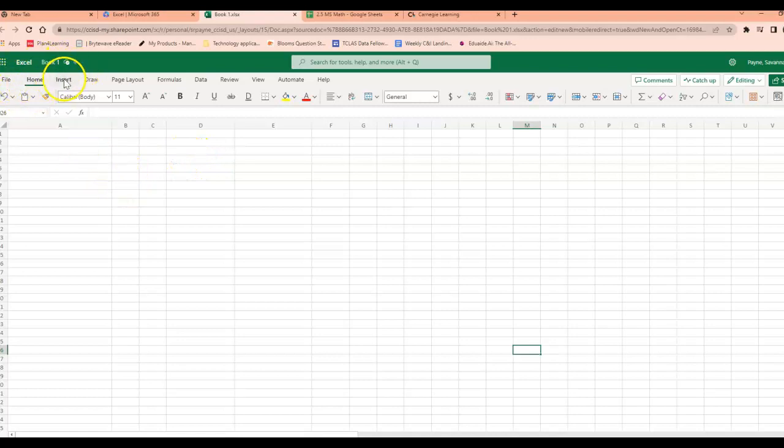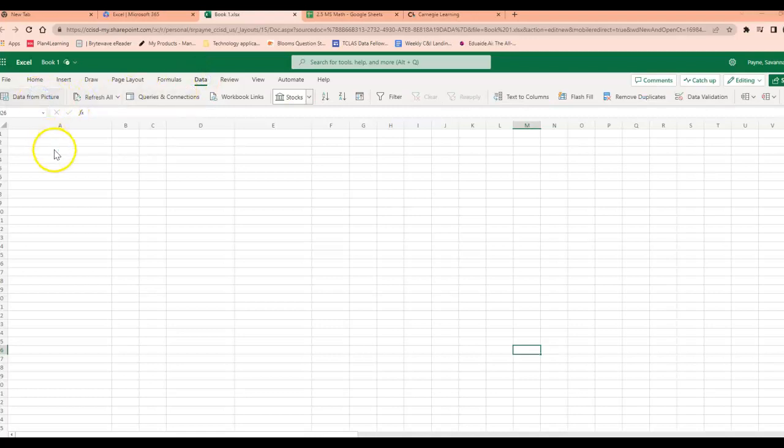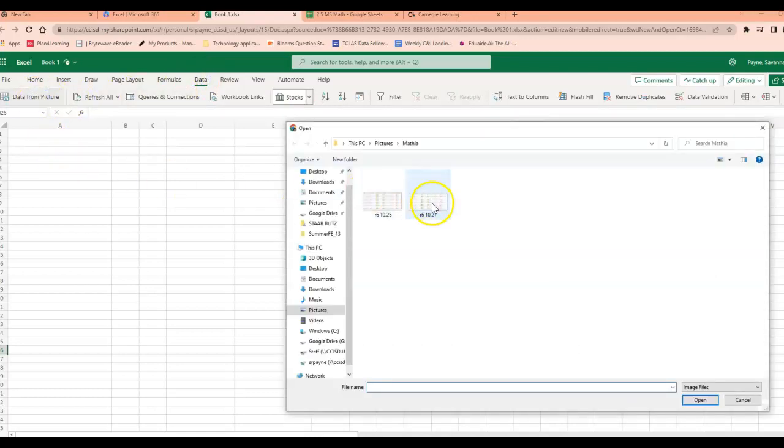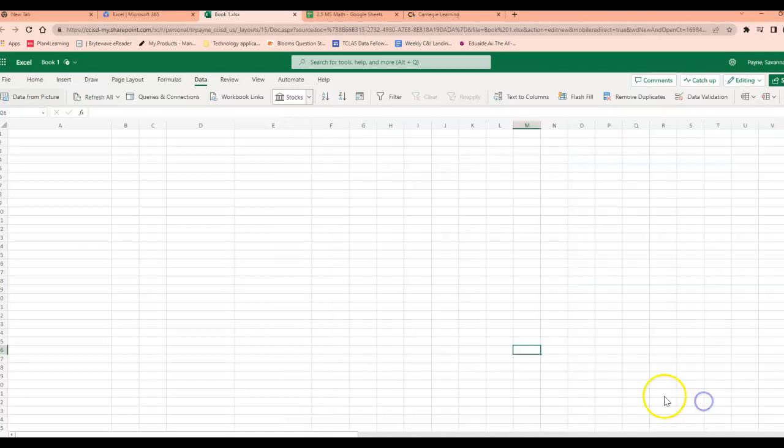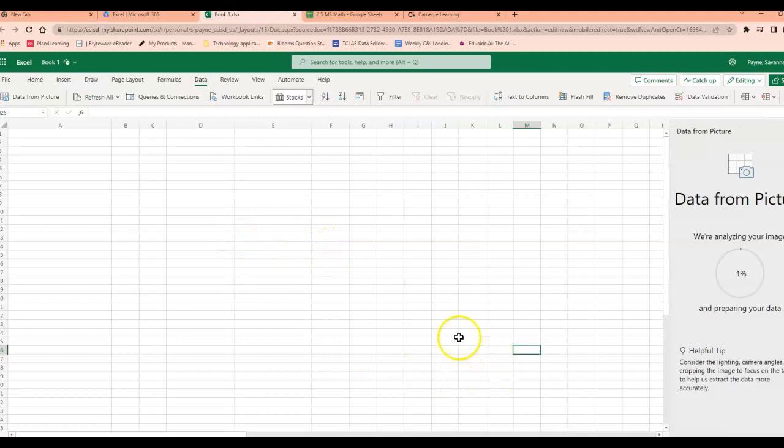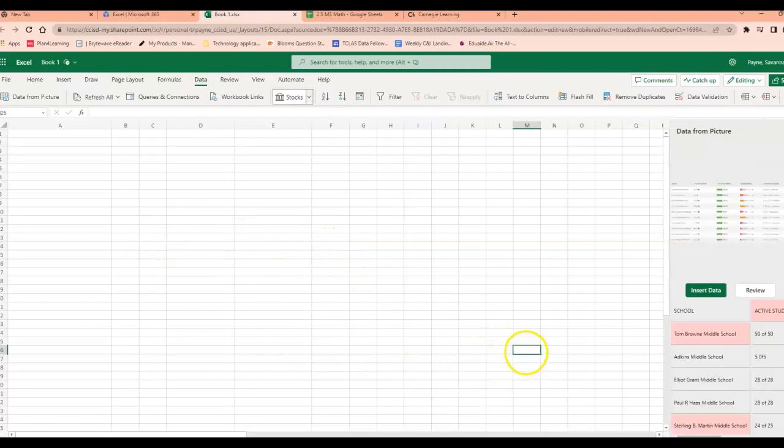When you come to this, the first thing you'll do is data from a picture. I'm going to use my Rise 6 picture that I took today. See how this is in this little box up here? That's where it's going to put it. I want it to be in this box up here. So I'm going to make sure before I insert data that my box is where I want to insert that